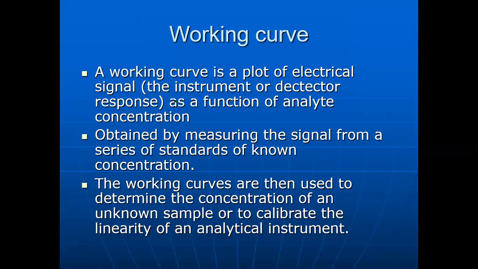Those are called the instrumental readings as a function of analyte concentration. Best example: whenever you're doing analysis of potassium in a flame photometer, first we will feed our blank, which is nothing but distilled water, so it will show zero reading. Then we will use our potassium chloride and feed it in 20 ppm concentration, so it will take 20 ppm as a standard.